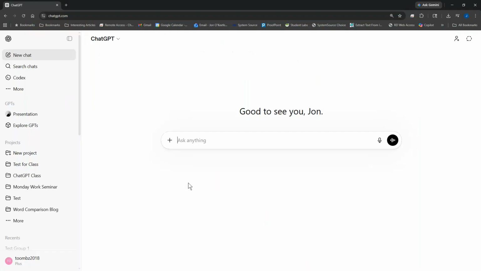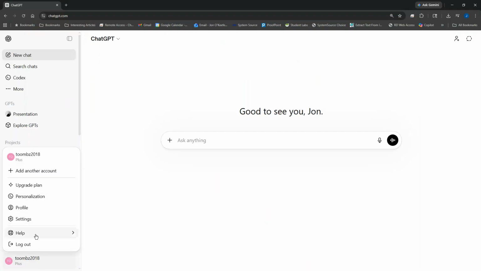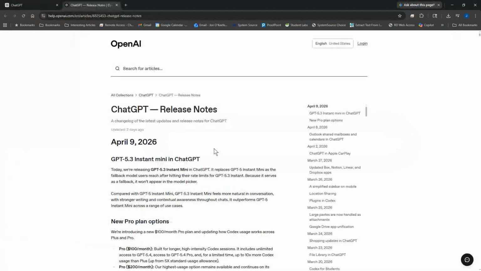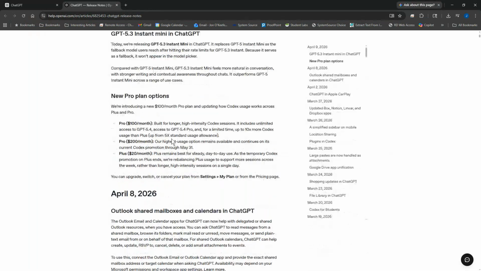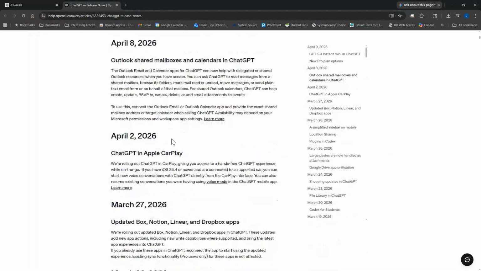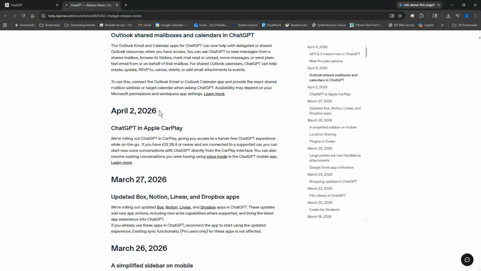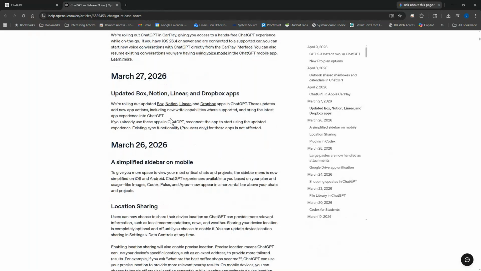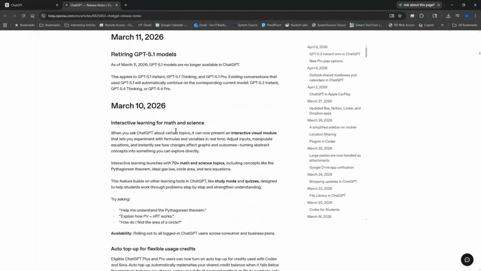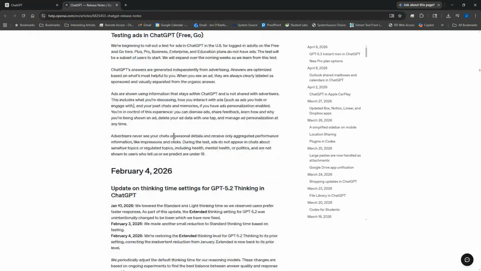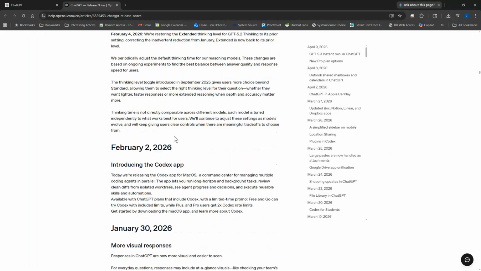I'm just going to show you super briefly the release notes for this. Now, I've counted, there are 36 major changes that have been made to ChatGPT since January 1st. Here, I'm just going to scroll. You don't need to read these, but look at the dates. Change on April 9th, change on April 8th, change on April 2nd. That one got us CarPlay. I'm not sure that's so good. March, March, March, March, March. And if I scroll all the way back, there's 36 major changes that have been made to ChatGPT since the